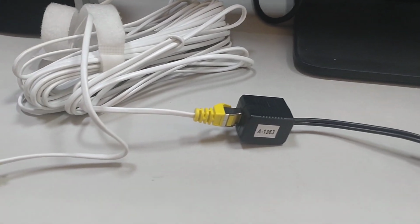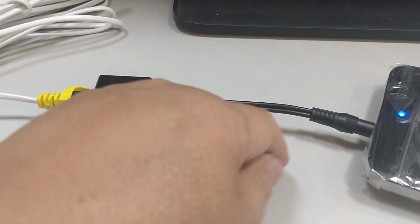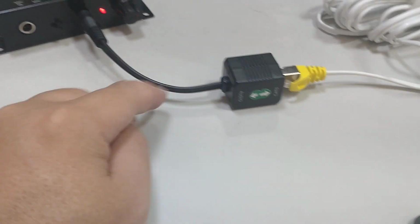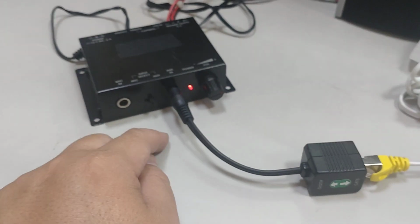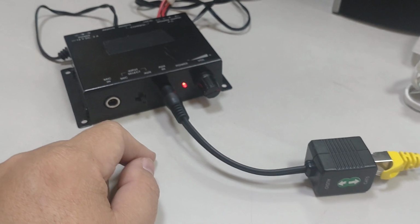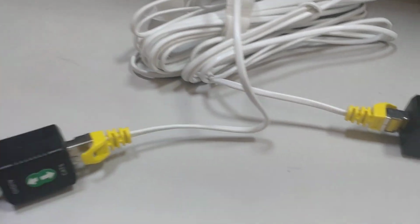Today I'll be introducing you our A-1363 audio extender over CAT5. Here you can see the receiver side has a 3.5 millimeter plug, and the emitter side, the transmitter side, is also a 3.5 millimeter plug. The benefit of this one is that you can use your existing CAT5 cable, CAT6